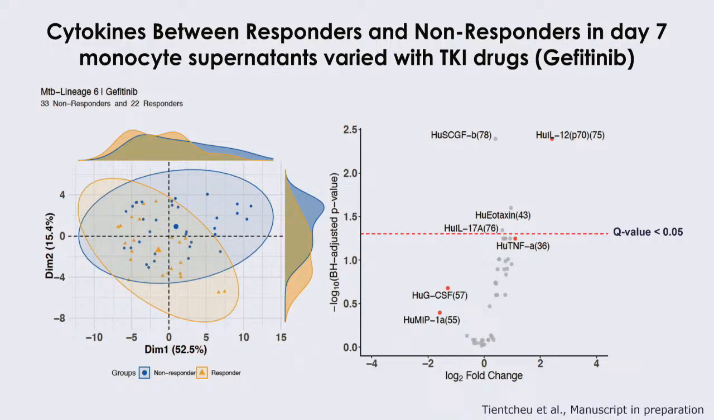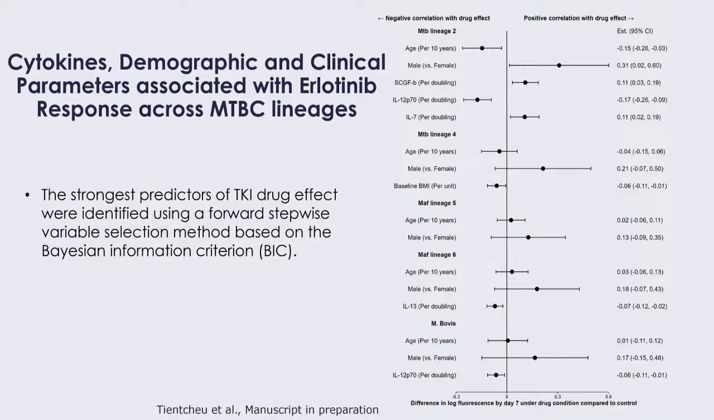See that when you compare responder and non-responder, cytokines such as IL-12, stem cell growth factor, IL-17 start to emerge that were significantly different between the two groups. But still, these are not enough to serve as predictors. So in order to have a predictive molecule that could enable us to tease out this group, we use